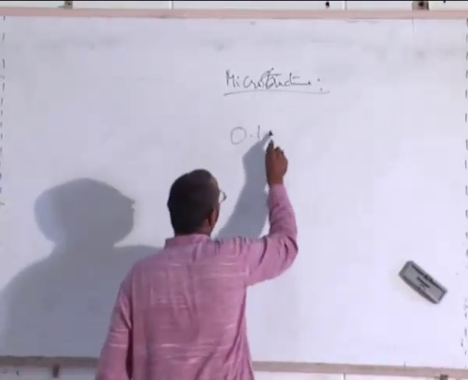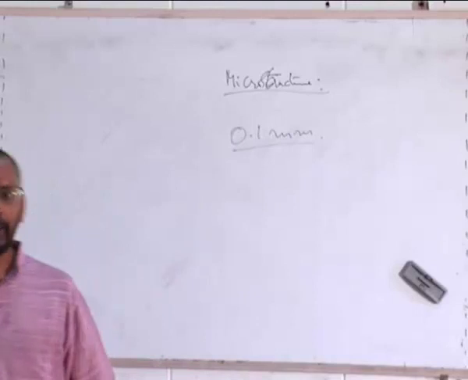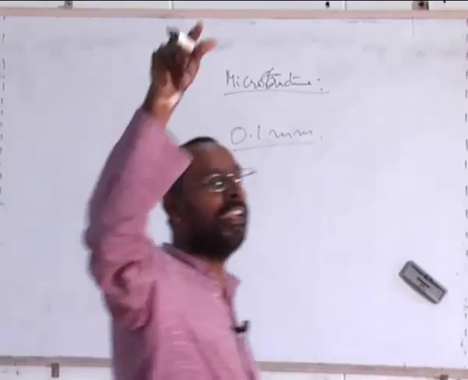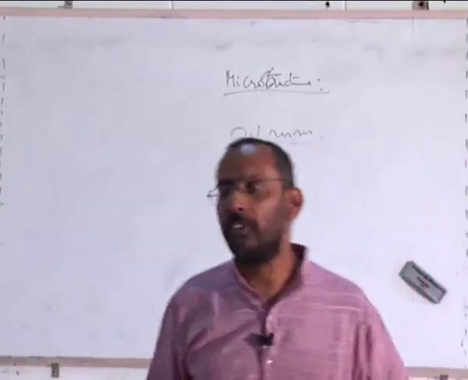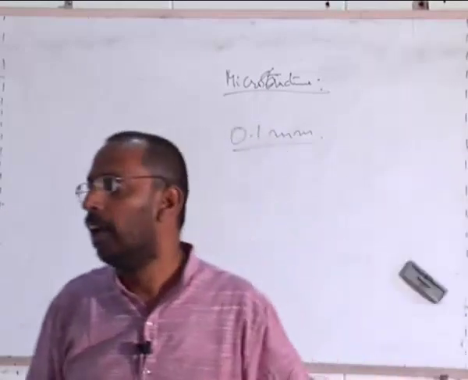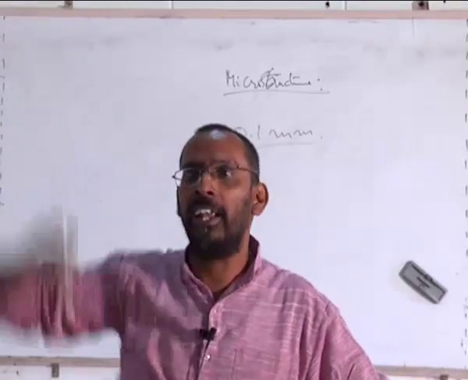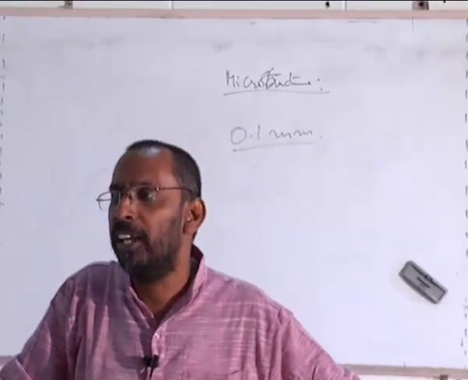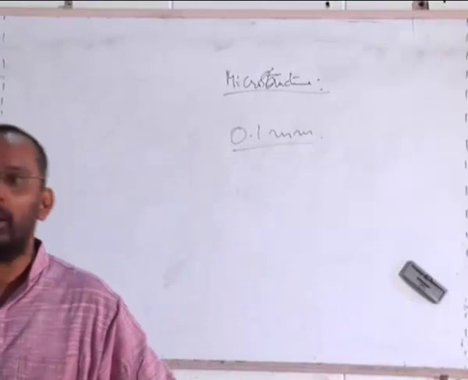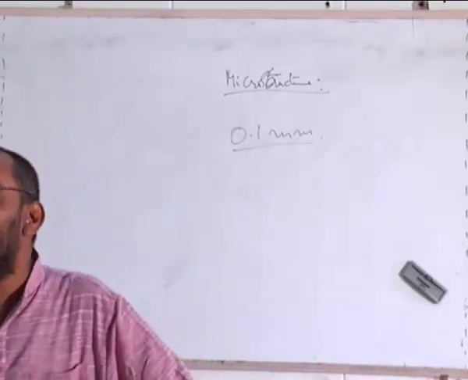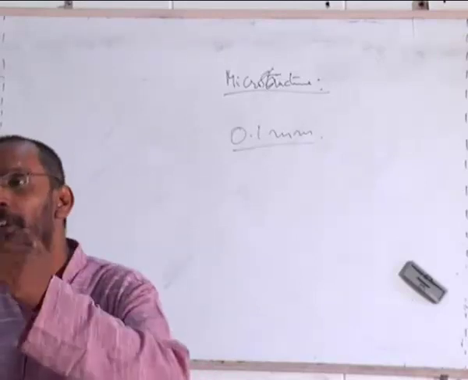0.1, let's say, millimeter. Am I right? You need to specify the distance. It is not just 0.1. If I stand on the terrace of this building and see 2 dots on some building under the ladies hostel, from here I cannot see 0.1 millimeter. No, not possible. However good an eye you have, it is not possible. So that's why you have to define a distance.